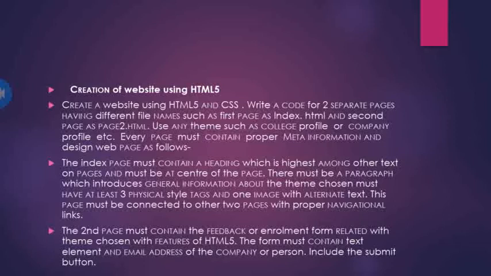On the first page, how do you have to design it? On the first page you have to apply an image, use heading tags and paragraph tags, and then try to apply CSS on any of the tags or any of the contents which you want to display on the first page. So design the first page accordingly and use an image on the first page. And at the end of the first page, use the href tag and display some content which will connect you to the second page.